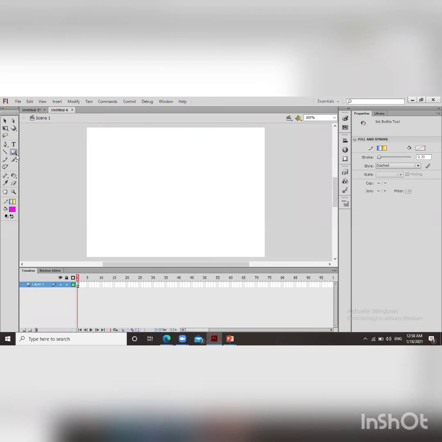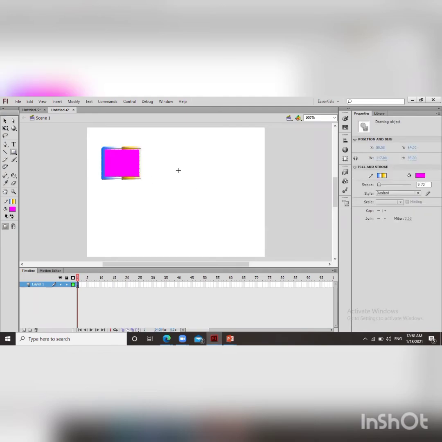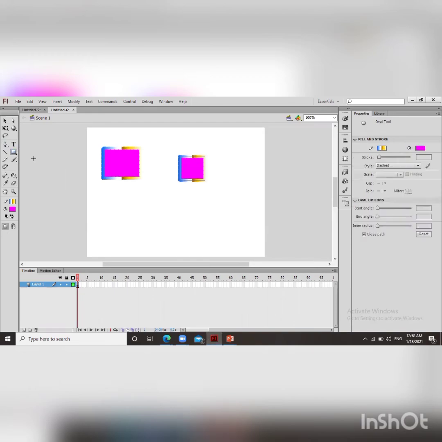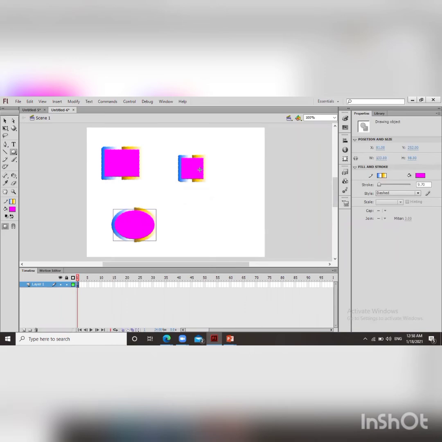So firstly, I am making some drawing by using the tool. Either we are making the rectangle shape, oval shape, whatever you want to draw, you can draw by selecting the tools. So here I have made two rectangles and one oval shape. So this is our eraser tool. Below the paint bucket tool, we can see there is the eraser tool. So we can click on the eraser tool. Now you can see three modifiers here.